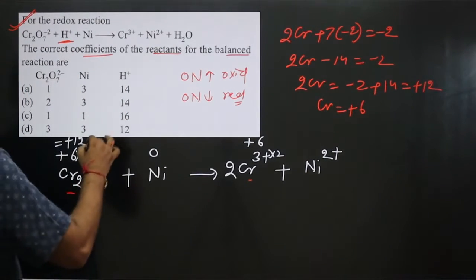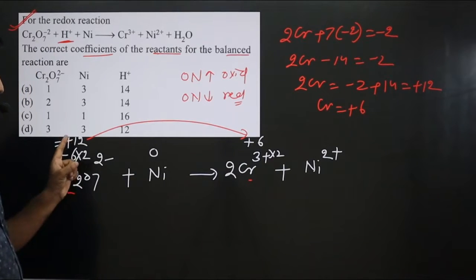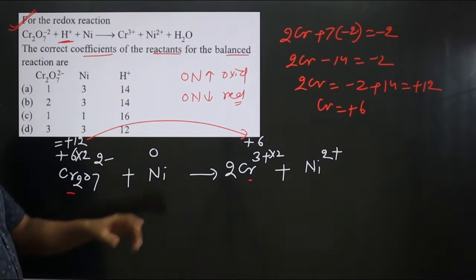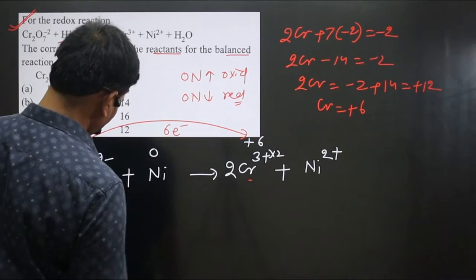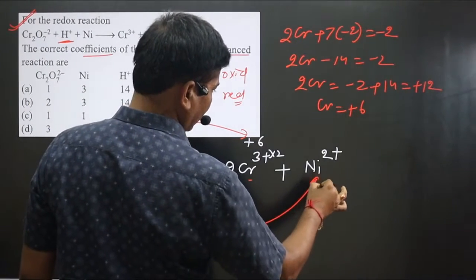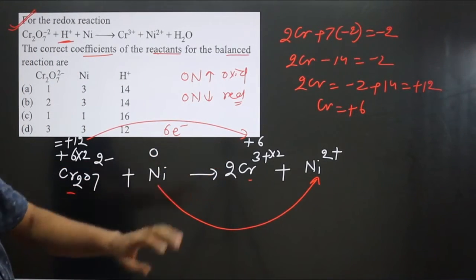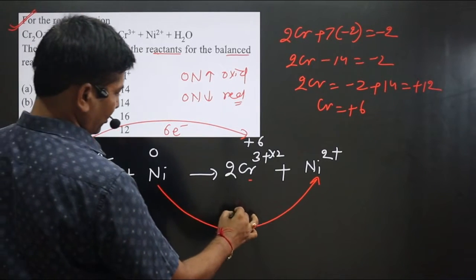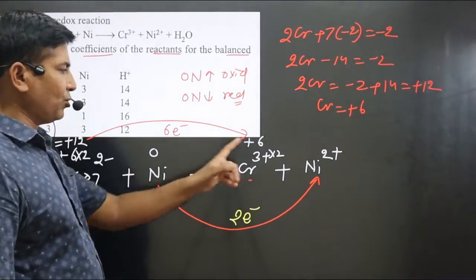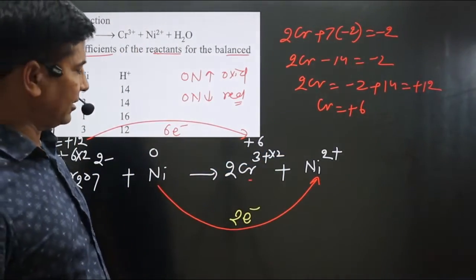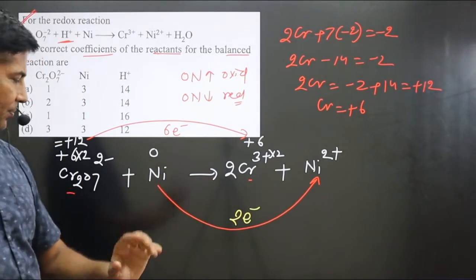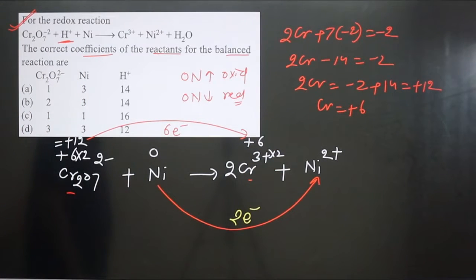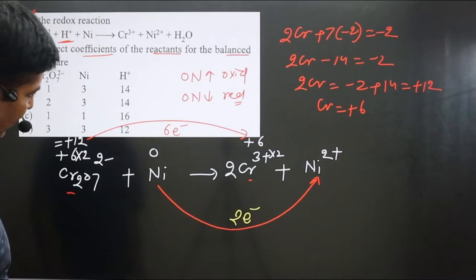Now we can find the difference in oxidation number. You can see there is a decrease in oxidation number, plus 12 to plus 6. A decrease in oxidation number is always a reduction reaction. 12 minus 6, you can see we got 6 electrons. Now similarly we can compare the oxidation number of nickel. This side 0, other side plus 2. So 2 minus 0 is equal to 2 electrons. In this case there is an increase in oxidation number, 0 to plus 2. An increase in oxidation number is an oxidation reaction. So in this chemical reaction one part undergoes reduction and the other undergoes oxidation; a complete full-fledged redox reaction is given here.